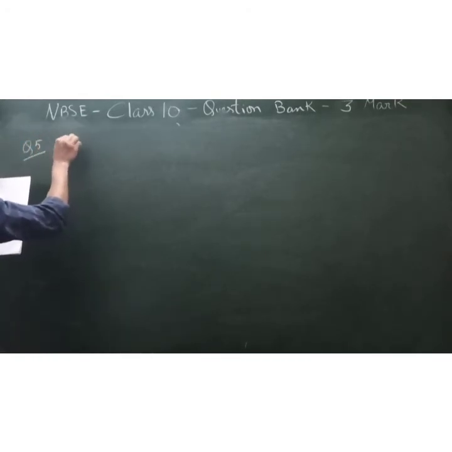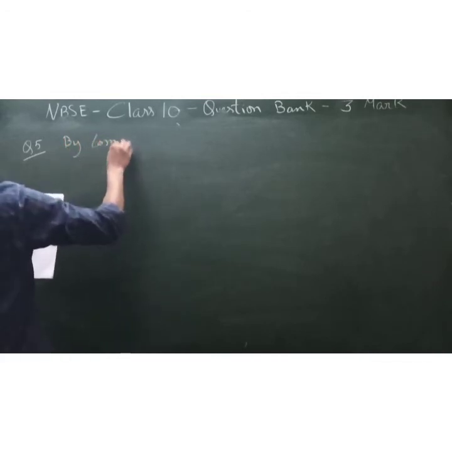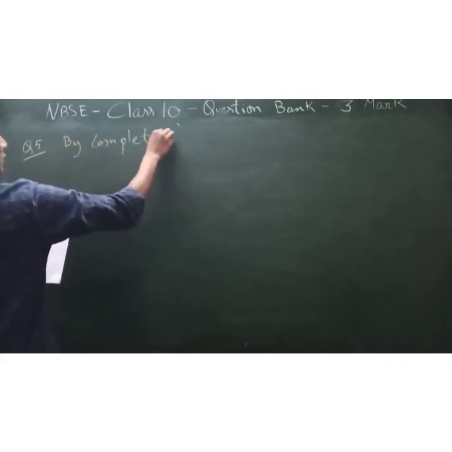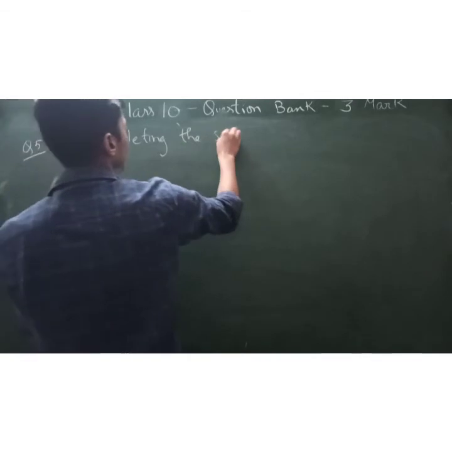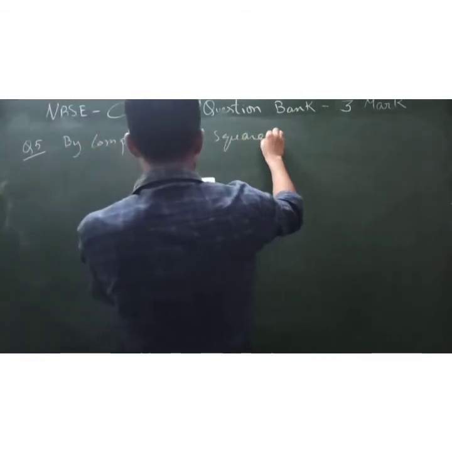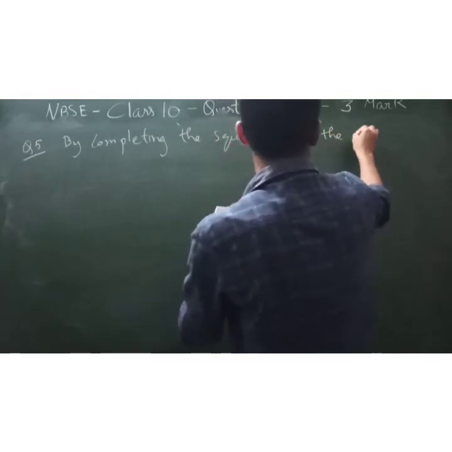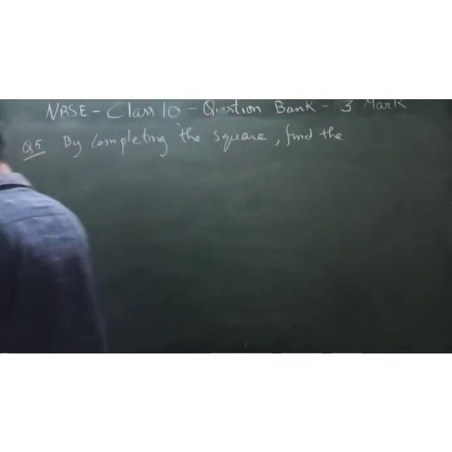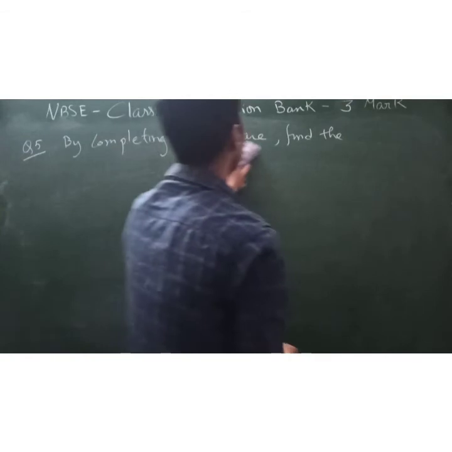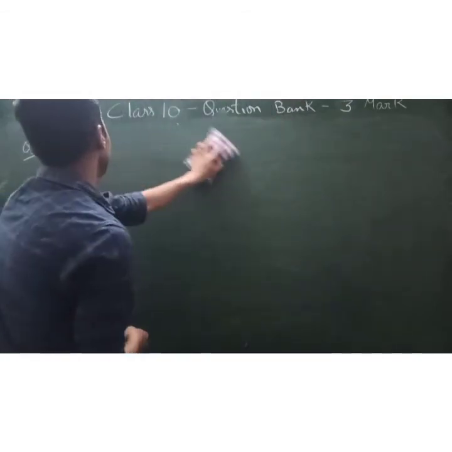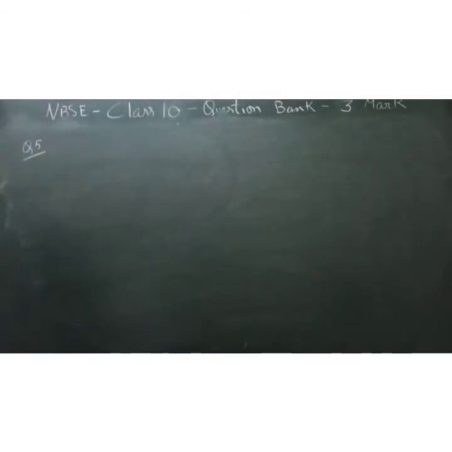This is by, I'll just write in short, completing the square, by completing the square method. Okay, I'll just write the question properly, but some of you might be confused from where did I get this question, isn't it? So